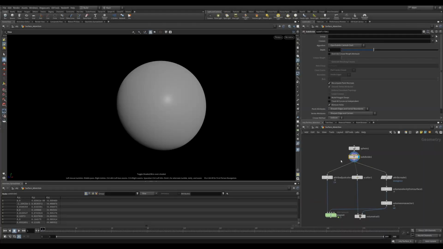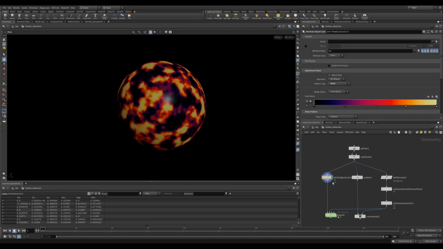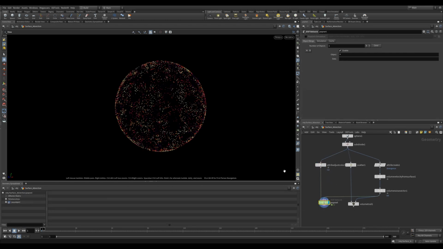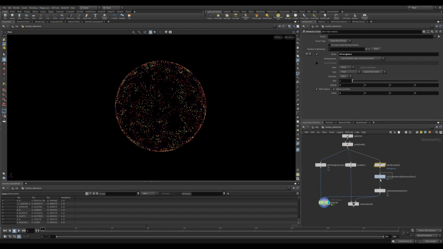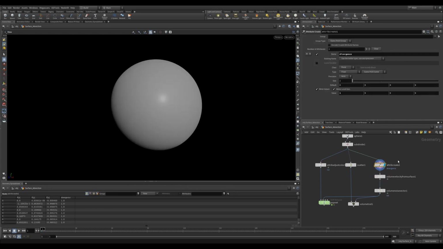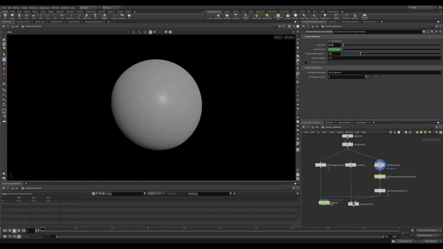In this scene, I have a subdivided sphere, I'm using an attribute adjust color to give it some color, and then I'm plugging it into a pop network. Then I'm going to use a volume velocity from surface. This node generates a velocity based on the incoming surface. By default, it needs a divergent attribute. So I'll use an attribute create and create a divergent attribute set to 1. I'll lower the voxel size and leave the rest at default.